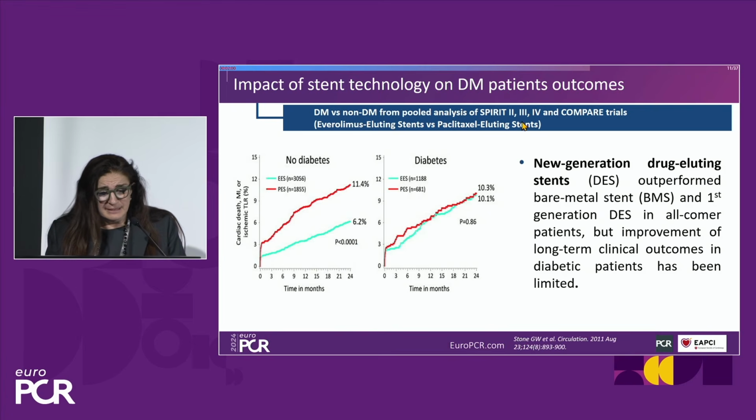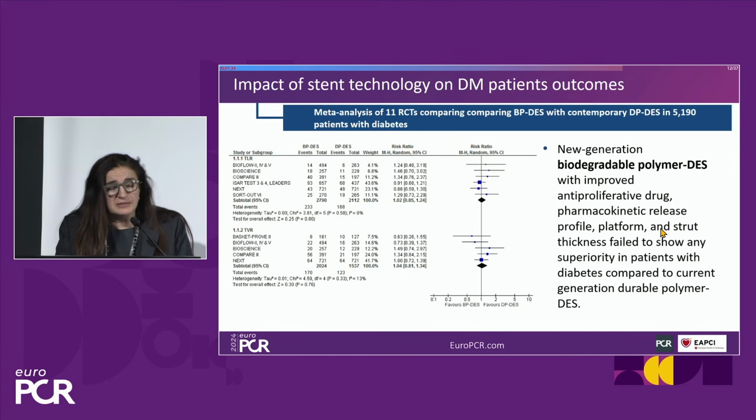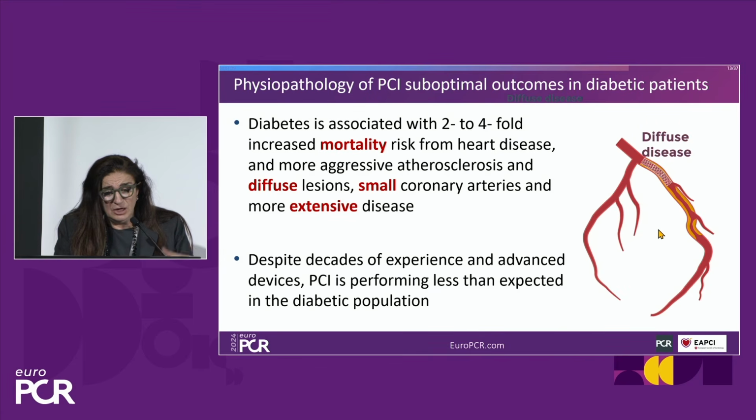Where are we with drug-eluting stents? The stent technology has come a long way, the new generation drug-eluting stents, but the data from everolimus-eluting stents versus the paclitaxel-eluting stents, this is old data, 10% rate of death, MI, and TLR at 1 or 2 years. And you could see that the meta-analysis of all of these with the biodegradable DES and anti-proliferative drugs, they failed to show superiority, and we saw that there is a tremendous issue with regard to the suboptimal outcomes of PCI in